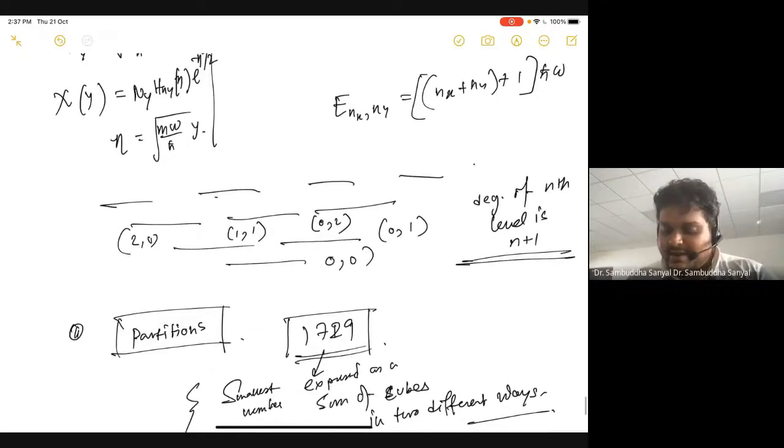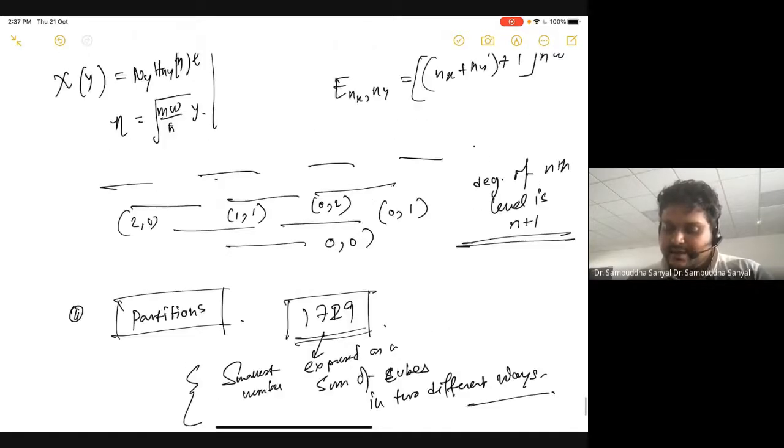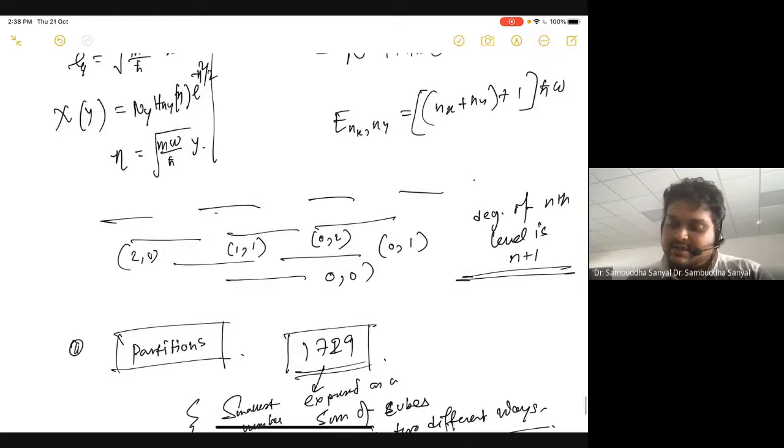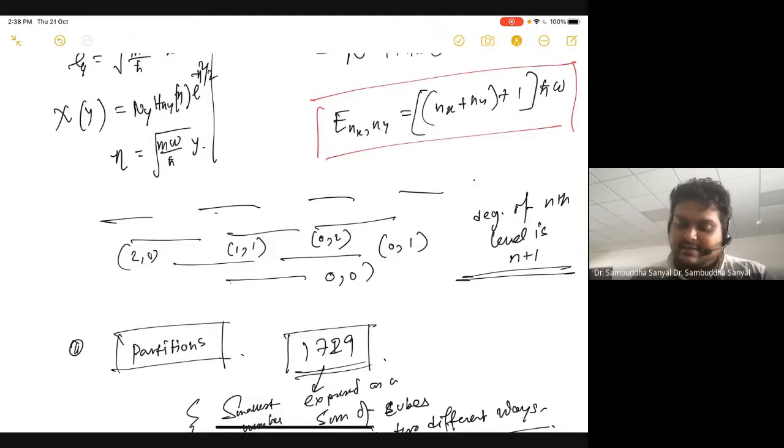So let's start from here. We discussed that, apart from the paired symmetry, which means if you flip nx and ny, here we are plotting the energy levels. If nx and ny are 0, 0, it's the ground state, and then the first level has two-fold degeneracy, which is 0, 1 and 1, 0, and the second level has three-fold degeneracy: 2, 0, 1, 1, and 0, 2. We can see that 2, 0 and 0, 2 are connected to each other, and 1, 1 is an accidental degeneracy.